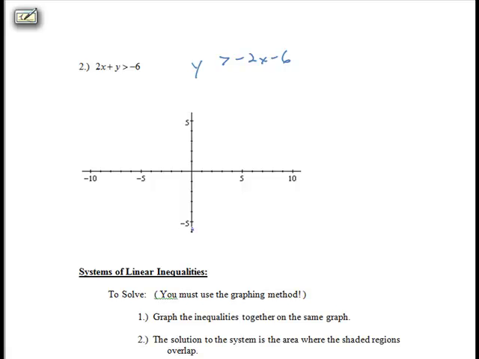The y-intercept is -6. The slope is -2, so we run off the graph a little bit, down 2 to the right 1, or we go up 2 to the left 1, it doesn't matter. We know where the line is going to be, so we sketch the line, and in this case it's going to be a dotted line because of that inequality sign, strictly greater than. So we sketch the line passing through those 2 points,